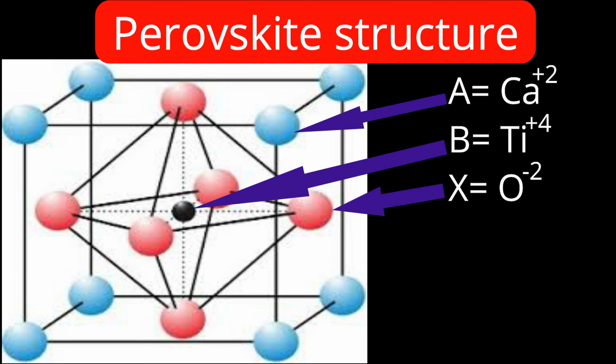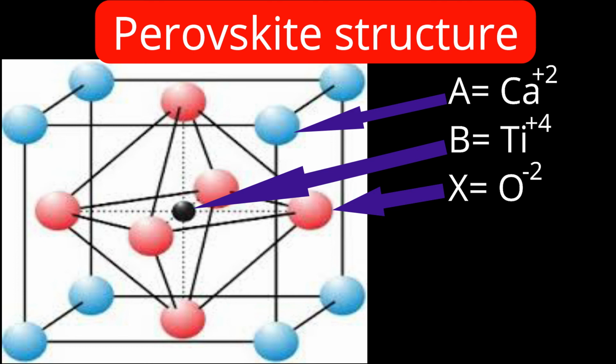What is the coordination number for the oxide ion, in case of both titanium as well as calcium plus 2? You will find the face centered oxide is surrounded by 4 blue corner calcium. So 4 by calcium. 1 titanium plus 4 inside. Similarly, one more titanium plus 4 belonging to the other cube which has the common face sharing. So here also we are getting the same coordination number for the oxide ion. In true sense, the same structure I am representing, only the way of arrangement is different.